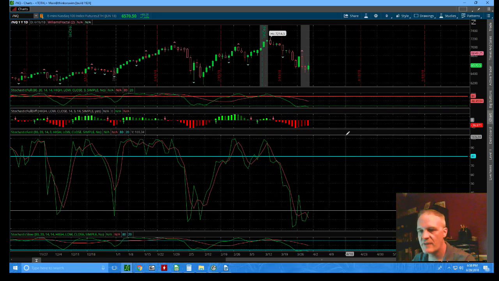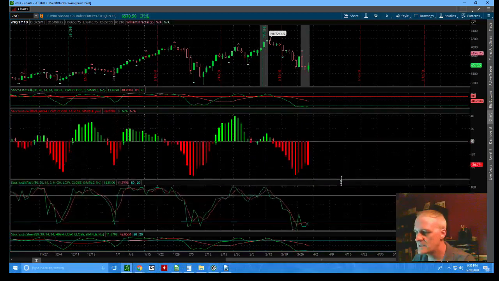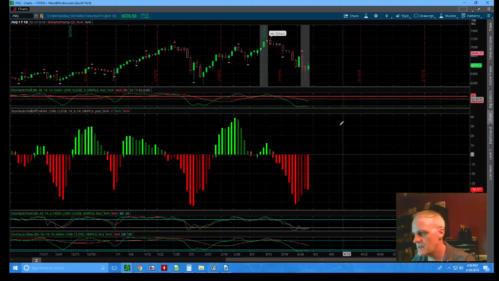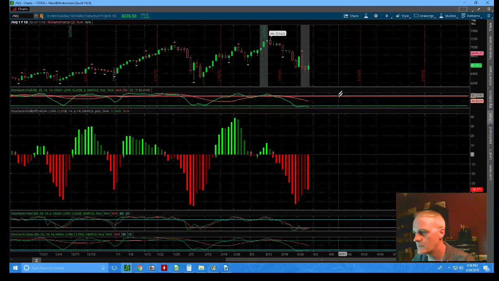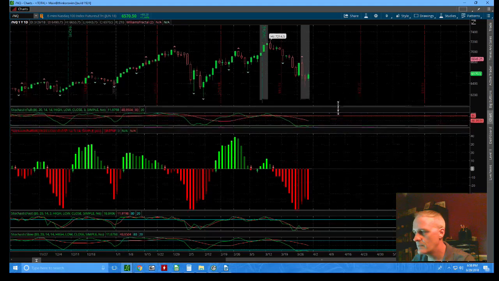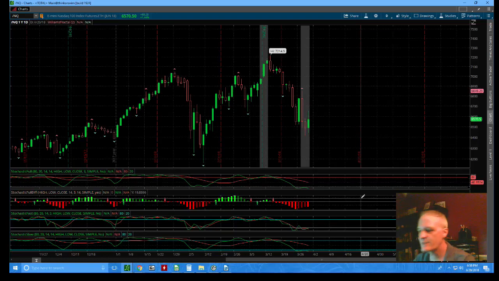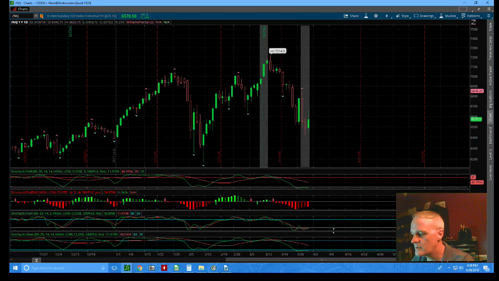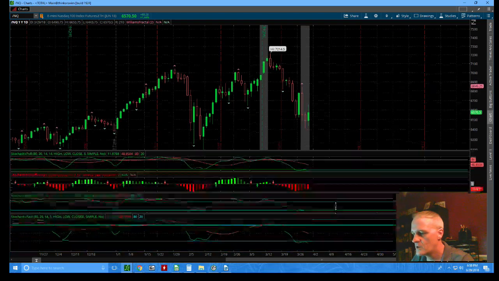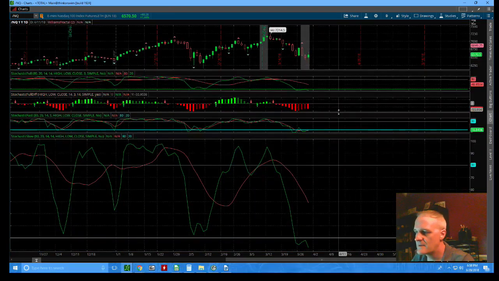Next we move on from the fast stochastic to the slow stochastic. Now what the slow stochastic does, and I'm going to try to slow down here and just explain this as simply as possible because it might get a little bit confusing. What the slow stochastic does